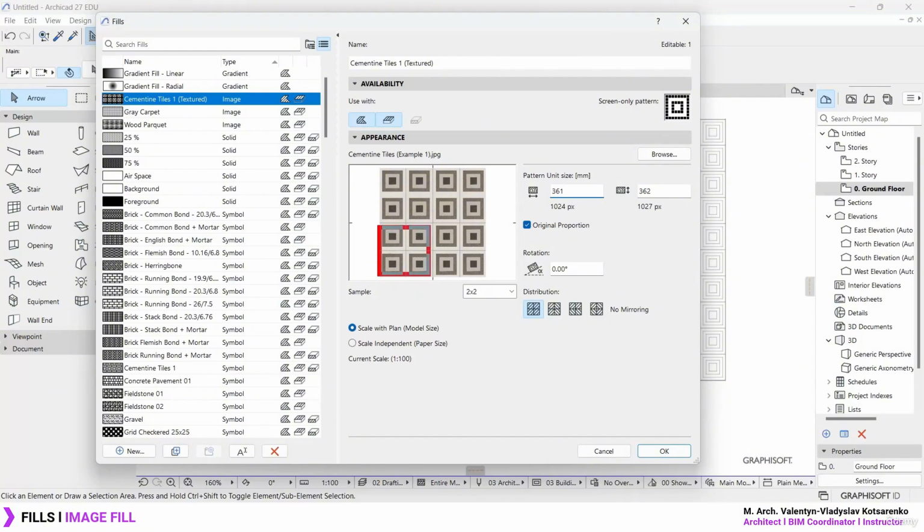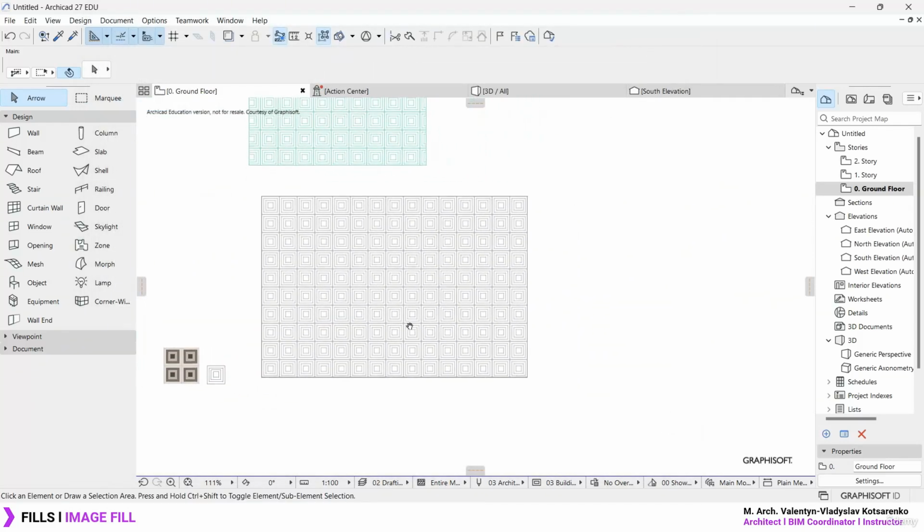Since I'm importing the whole image, in this case this should measure 1200 millimeters by 1200 or 1.2 meters. So in this case, let's specify we want 1200 by 1200. Or you can deactivate the original proportion or break the rules a little bit and specify this to be completely true size. Okay, so once we have created the image field, let's press OK and let's give this a small